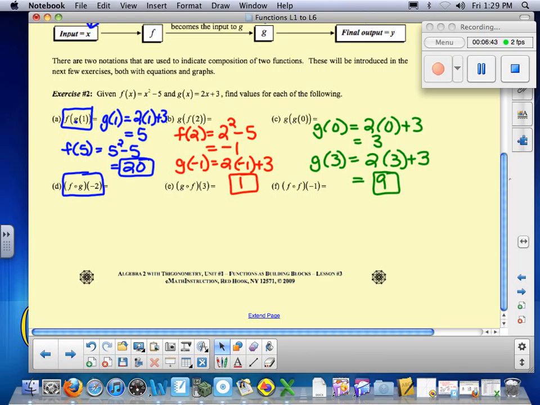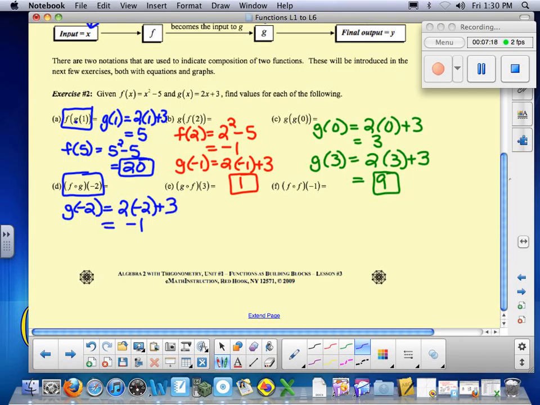Good, good. If we know when to recognize it, it's going to always look like these. It's going to be very straightforward. It's not going to be hidden in some kind of a word problem. Okay, next one, you're going to combine like terms. Where are we? F of G. Same thing happens. We're going to start with G of -2. Why? Because we start at the inside and work our way out. Because we need that first answer before we can proceed. And then we go out to F